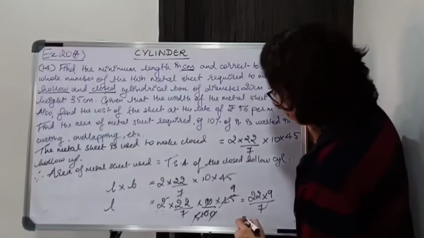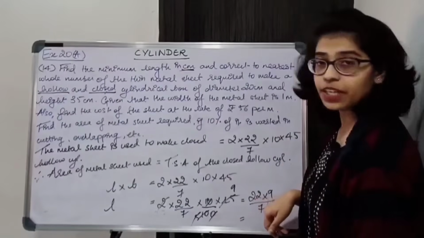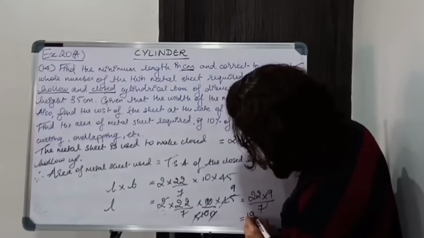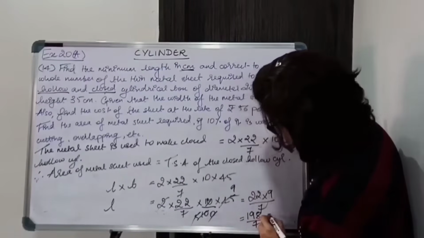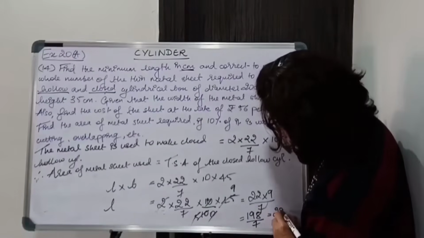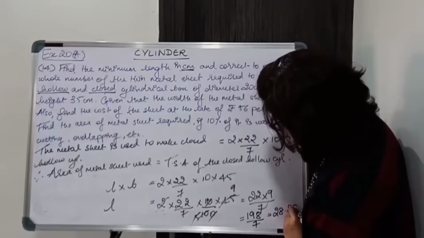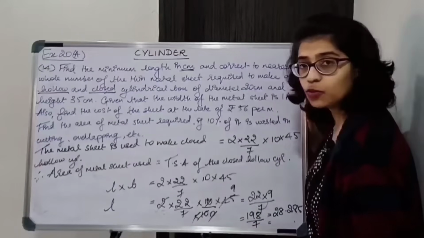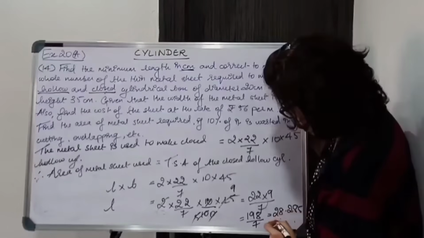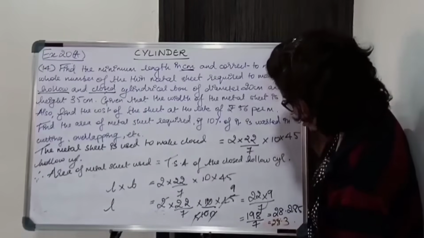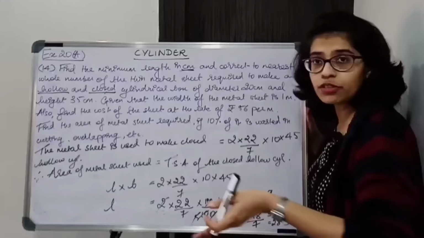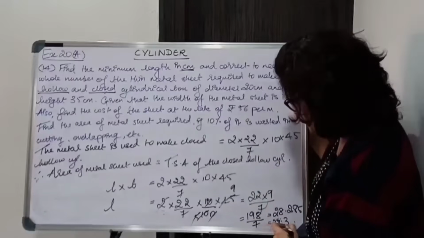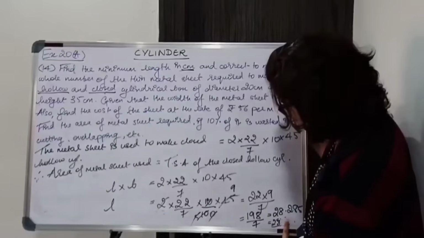Okay, we'll multiply 22 into 9 and then divide by 7. Now this gives 198/7. This gives 28.285 something, but you have to round it off to closest number. तो ये क्या हो जाएगा 28.3. Okay, 28.3 is closest to 28, ठीक है, than 29. So 28 पे राउंड ऑफ करेंगे.